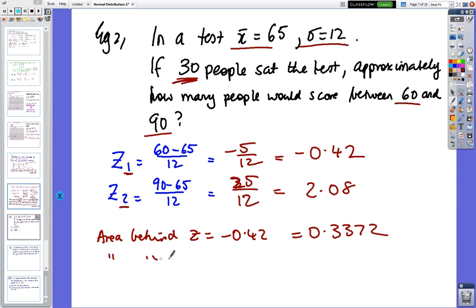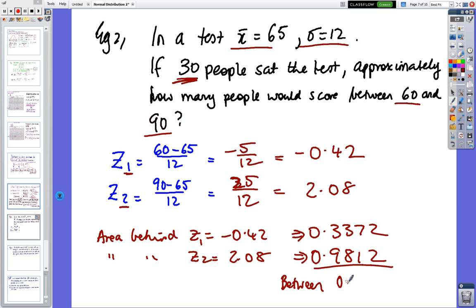And area behind the second Z-score, which was 2.08. Okay, so turn the page to positives, 2.08 right across the other side, 0.9812. So the percentage in between those, 0.9812 minus 0.3372. So in between would be 0.6440,